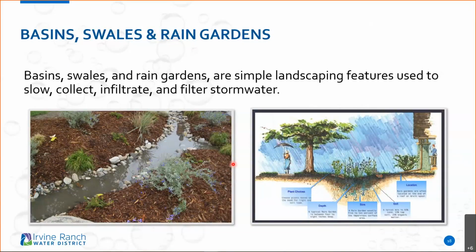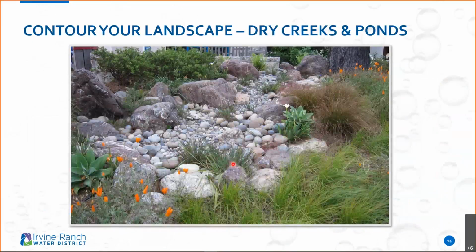Here we have a beautiful contoured landscape, a dry creek. This is actually a nice dry pond, as you can see. It is an investment with all that stone there, but the plant material is very water friendly. This looks like a nice mix of natives and non-native species. We really try to encourage people to practice what we call hydrozoning, grouping plants with similar water needs and similar growing habits together in different areas.